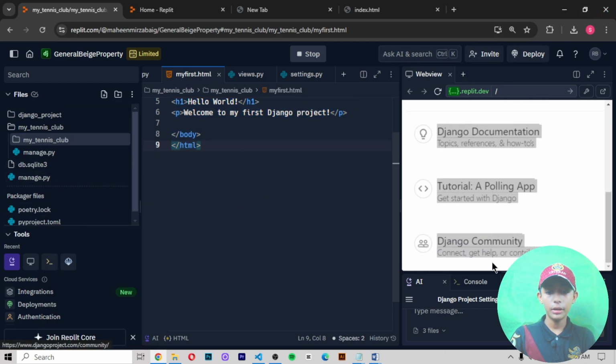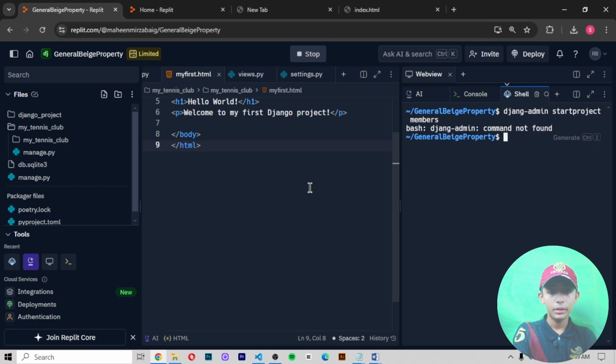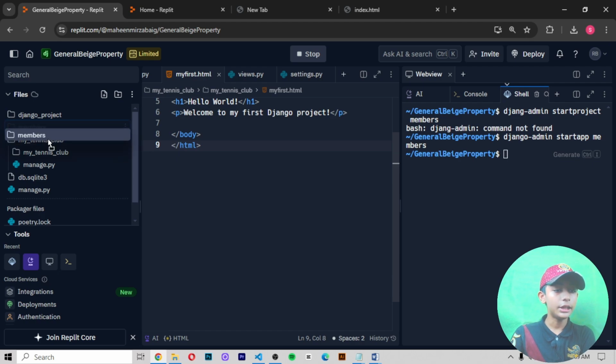Here I write django-admin startproject members. Command not found. Let me try django-admin startapp members. Now here you can see it has been made very easily.